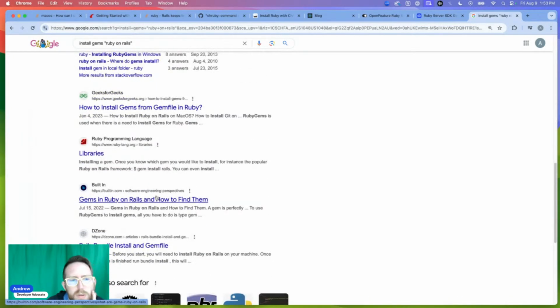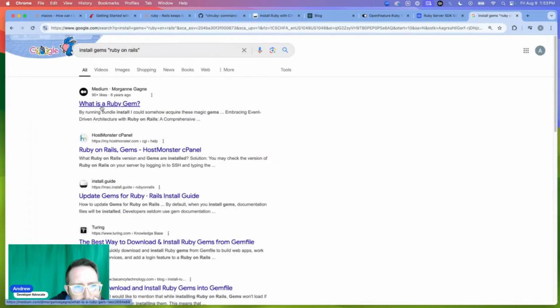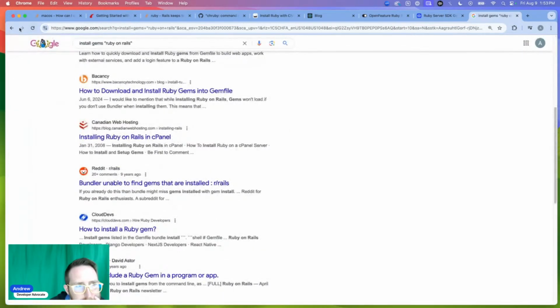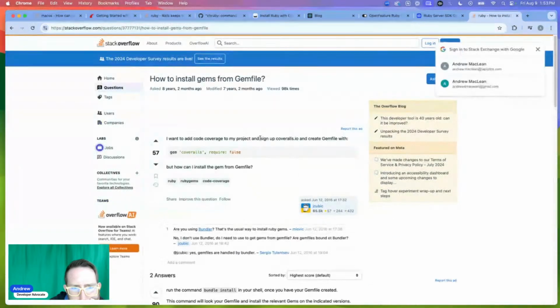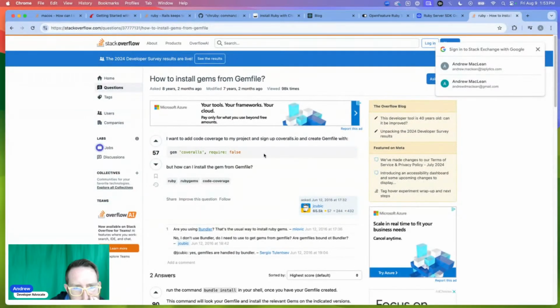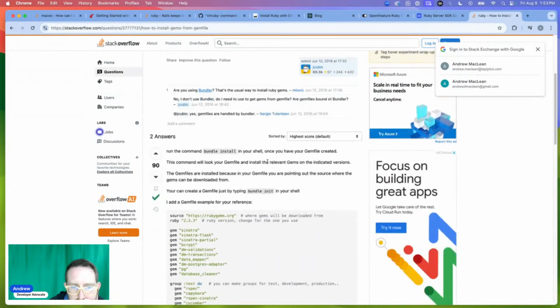What is a Ruby gem? Install gems from a gem file. Ruby gem Coveralls. I want to add code coverage to my project. Coveralls is a gem file. Bundle install in your shell. Bundle init. Once you have your gem file created, this will